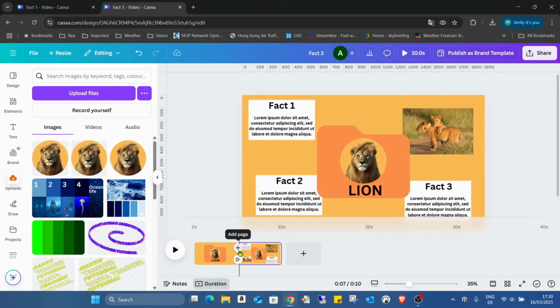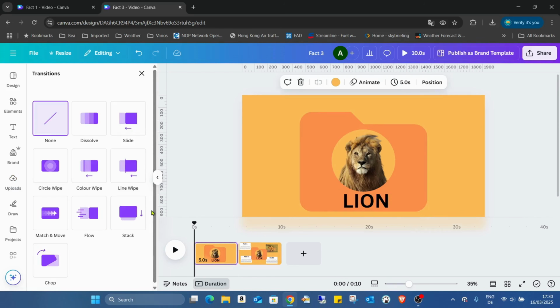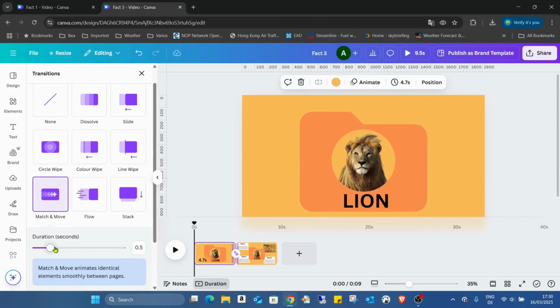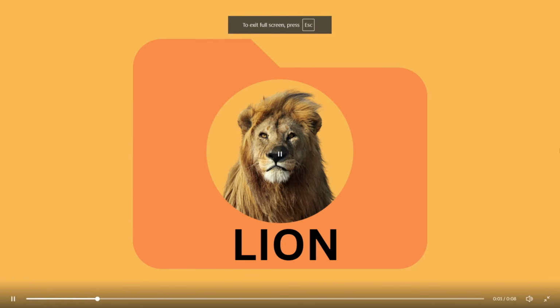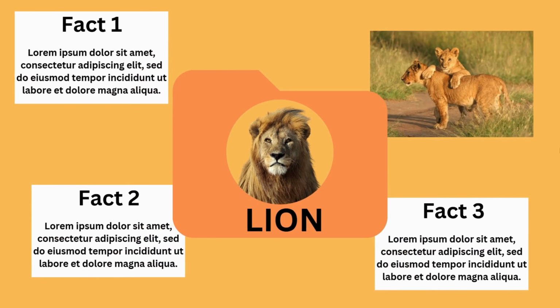First is add page, and I don't want to add any pages, but add transition. I'm moving to match and move, and increasing the speed to 1.8, I think is good. Yes, as you can see,